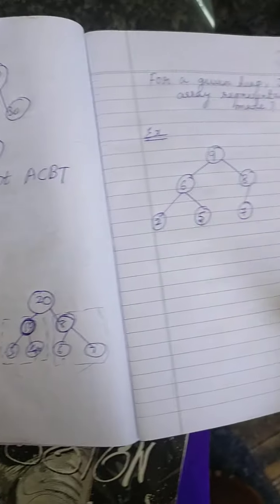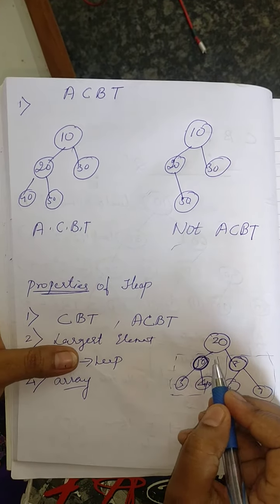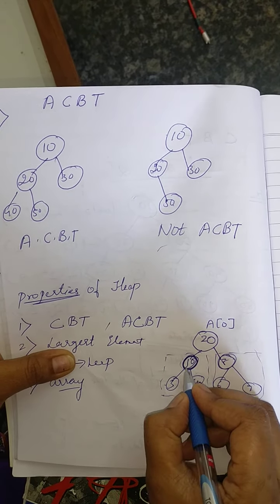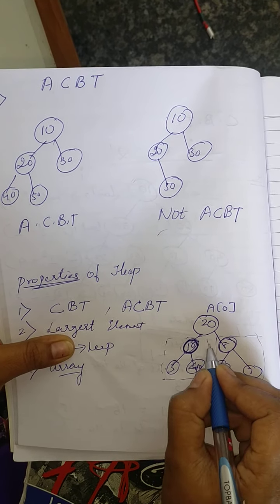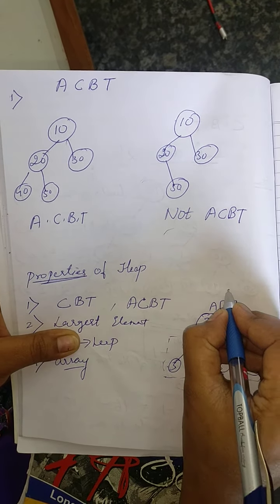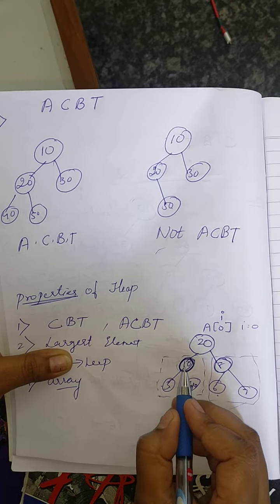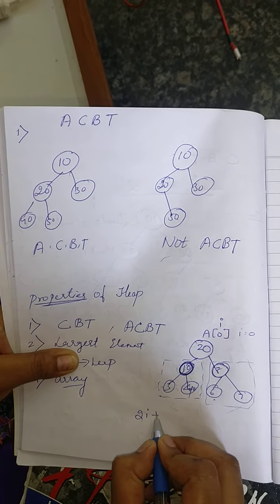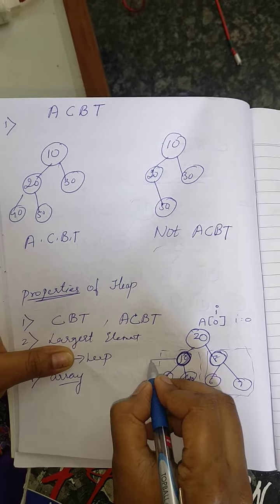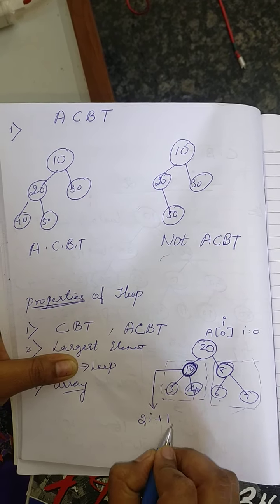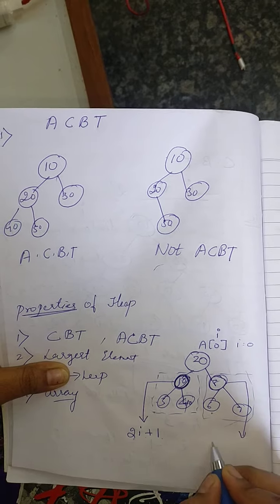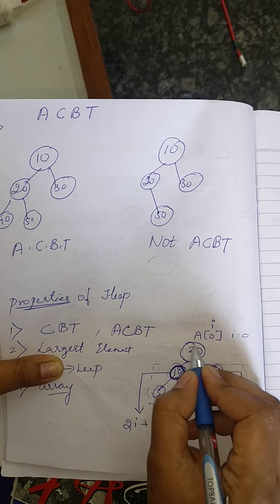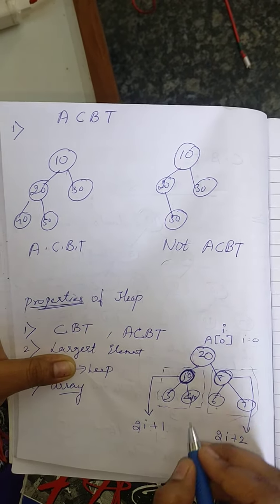Okay. Always keep in mind, this is the root node, correct? The root node is stored at A of 0. Next, the left-hand child. This is the left child and this is the right child. For example, if I take this A of 0, here i becomes 0. So where you are storing the left child, you are storing it in position 2i plus 1. Okay. So the left child is stored at position 2i plus 1, and the right-hand side is stored at 2i plus 2 position in the array, and the parent node is stored at the ith position, that is i.